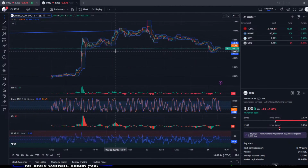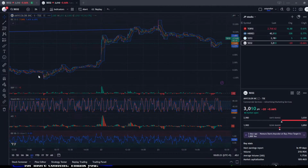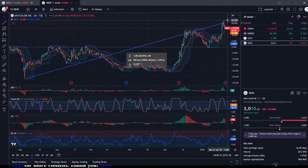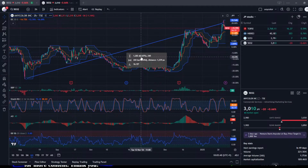Because when you start scrolling back here, about 6 months ago, in fact here my line is still here, this was the bottom when they bottomed out from the last rate hike, and this is where the market opened. So if you bought the dip all the way back here, you would have a net gain of 62.87